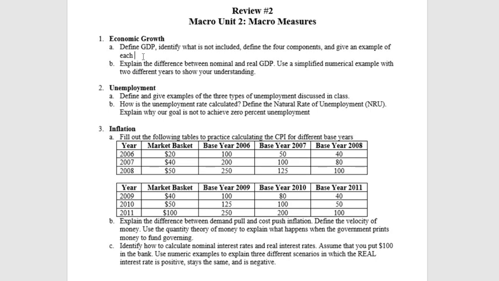So define GDP, identify what is not included, define the 4 components, and give an example of each. So gross domestic product is a measurement, if I misspell stuff, forgive me, a measurement of the total value of goods and services produced in an economy in a year. Components,